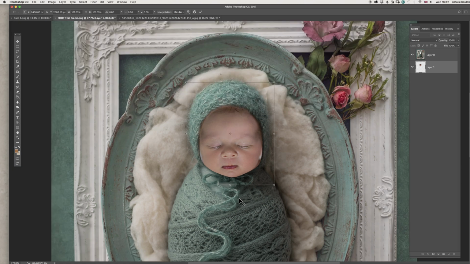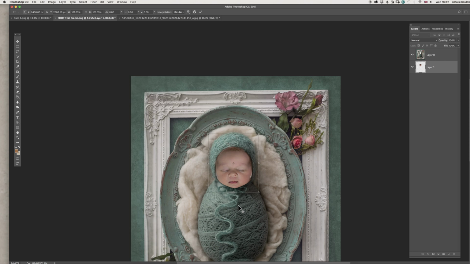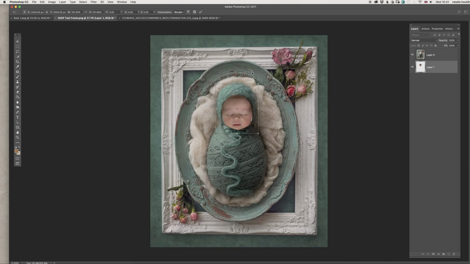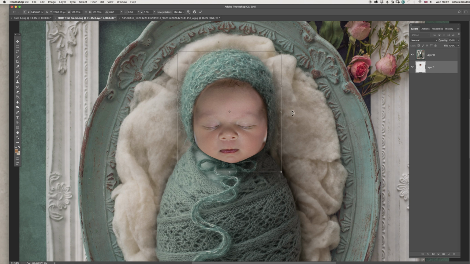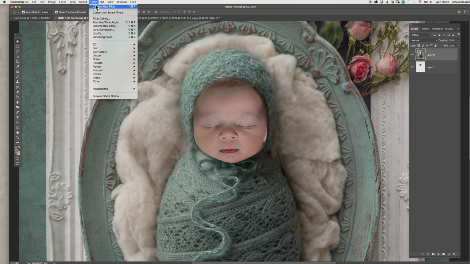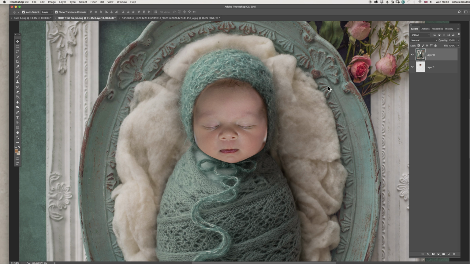But we don't want to go too big, so it still looks nice and in proportion to the body. So I think it looks okay now. I'm going to click OK up there. I'm going to go back to my backdrop layer and to Filter, Liquify, and let's just start putting it all